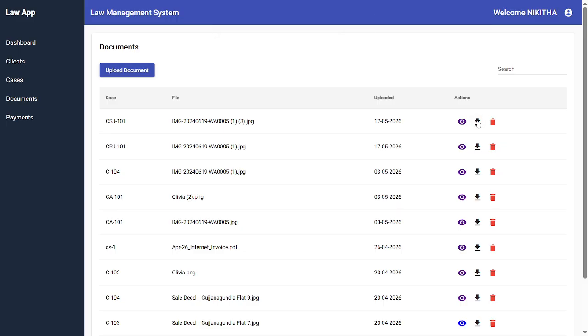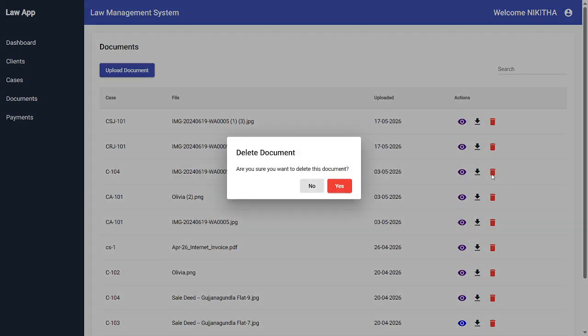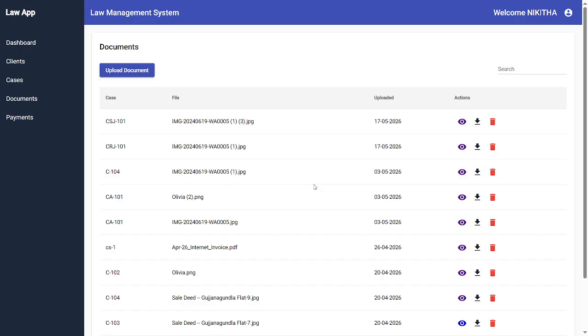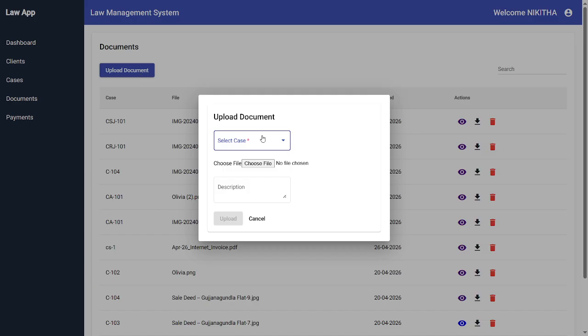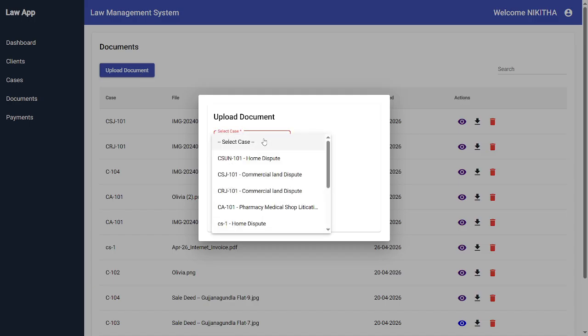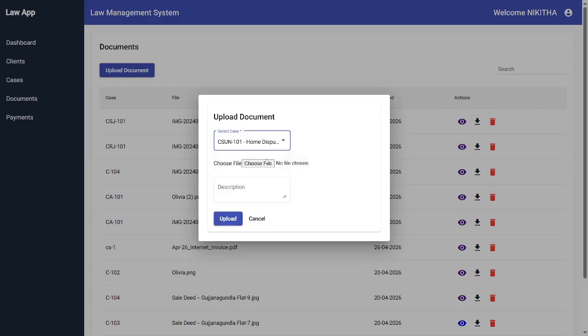In the same way as per clients and cases, if you want to delete the document, you can simply click on delete and proceed with yes to delete the document, otherwise ignore it. For example, let's say I want to upload a document for the case that I have added, for Sunil's case. Yeah, this is Sunil's case, and I am showing the information with the case and the type of the issue. Home dispute,